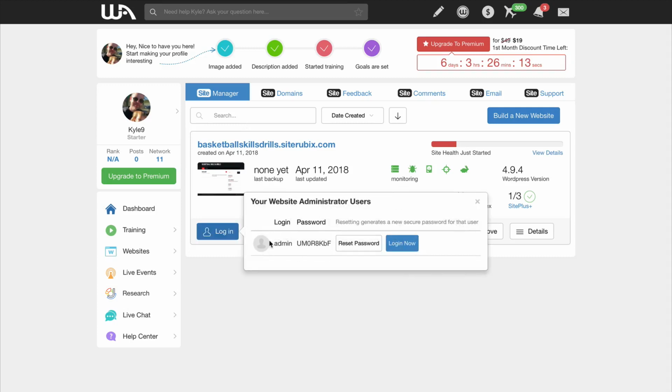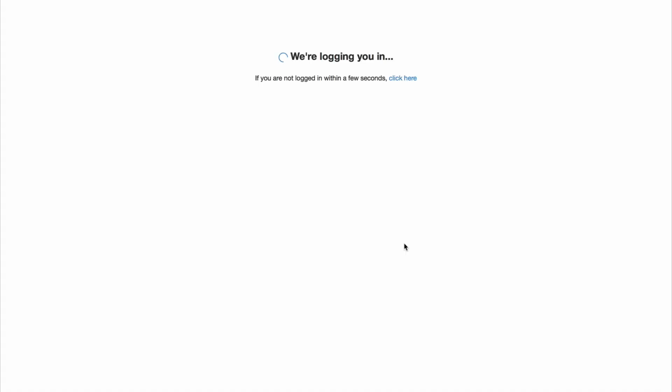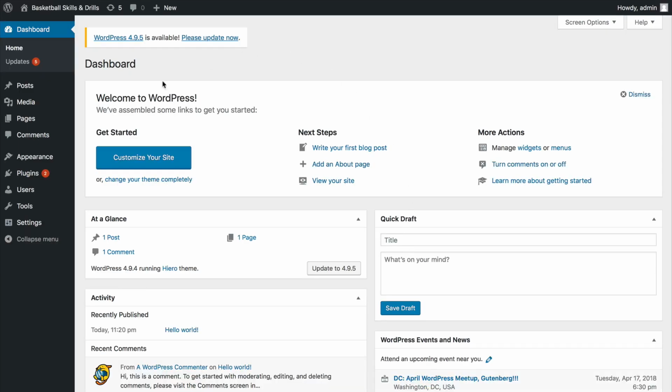Pops up, shows your admin and password if you want to manually log in, but you won't need that if you're using the login technology here. I'm going to simply click login, and it's going to take me into the back office of my website. So that's the process of logging in. That's how you will be getting into the back office,